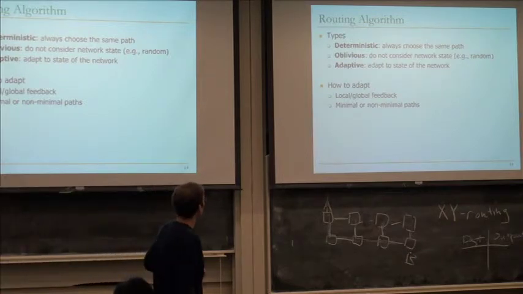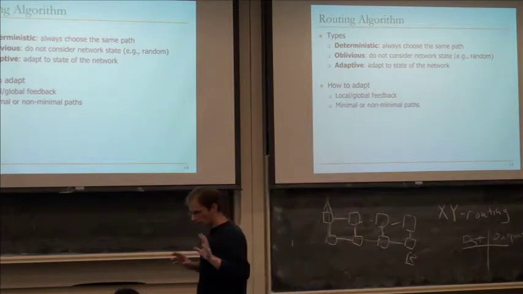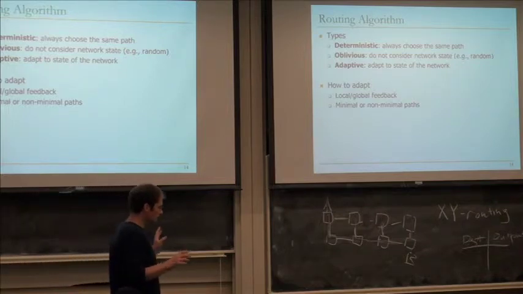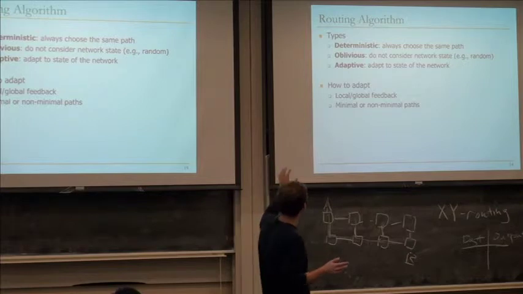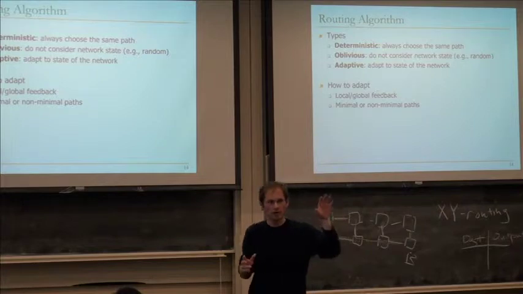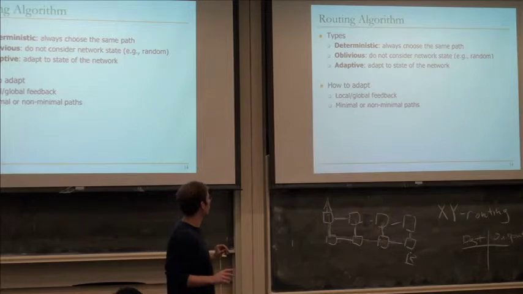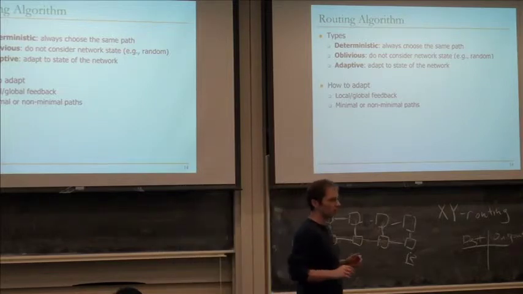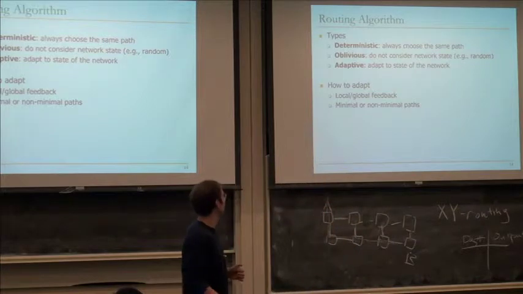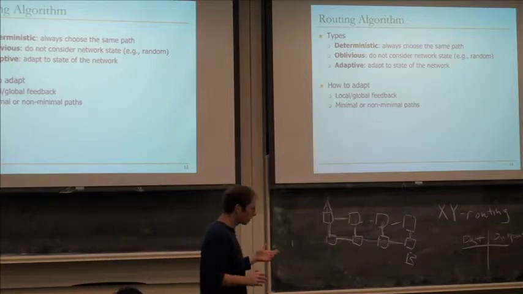Okay, so there are a few different types of routing algorithm as well, right? This is sort of orthogonal to the way that you compute the route. So orthogonal to whether it's arithmetic, source-based, or table-based, the route that you take can have various properties. The simplest is deterministic, which means for any given source-destination pair, anytime I go from node A to node B, I always take the same route. XY routing is an example of a deterministic routing algorithm because it's just a function of A and B, basically. This is nice because it's simple and because you don't have to worry about things like dynamic load